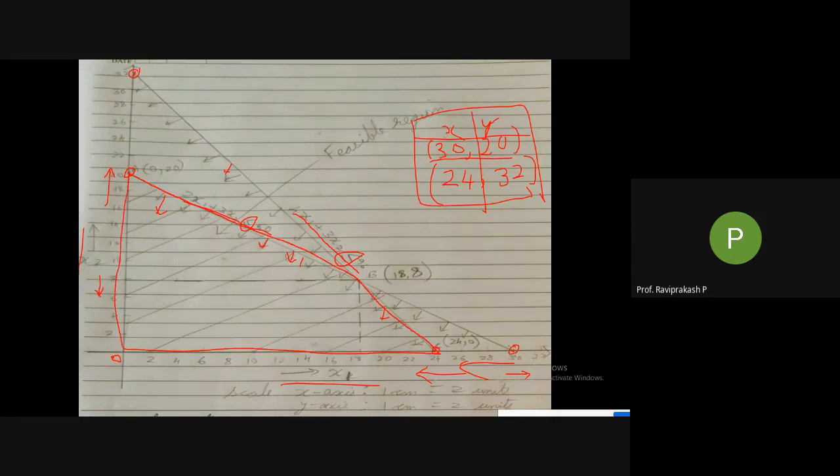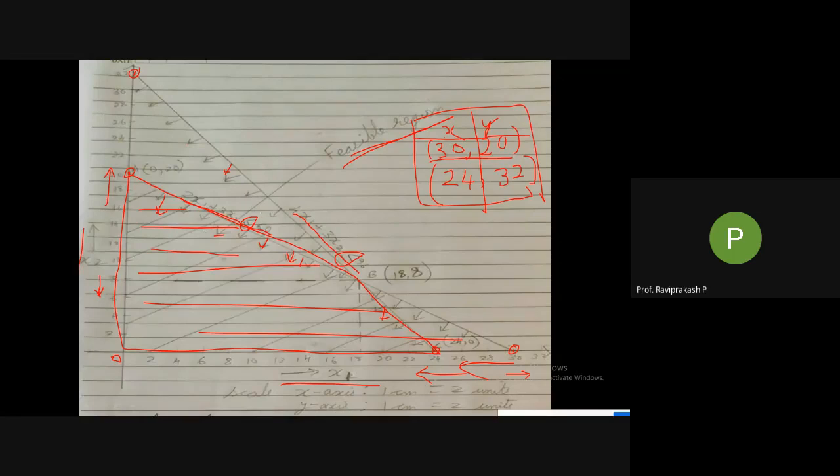You have to mark the feasible region always. We need to shade it in a particular format. It could be an angle or it could be like this also. I don't have any issues. So I have marked the feasible region also. This is the feasible region. For every diagram that you do, if you don't mark it, well and good, but you need to shade it in a particular format, wherever it is said above or below, you need to mark. That's why it is very important, less than or greater than.